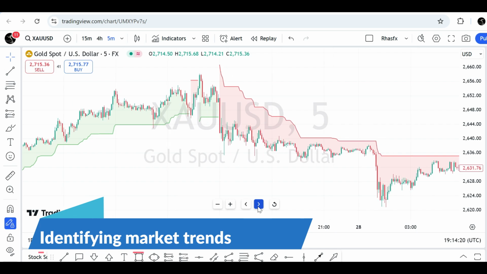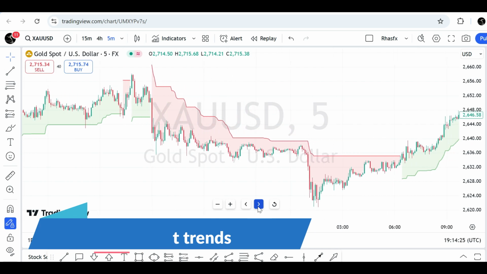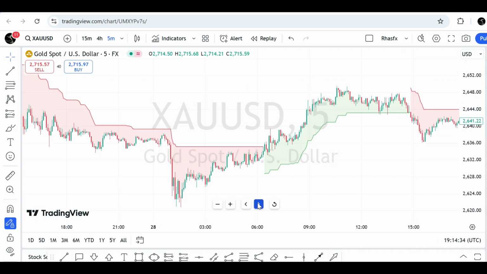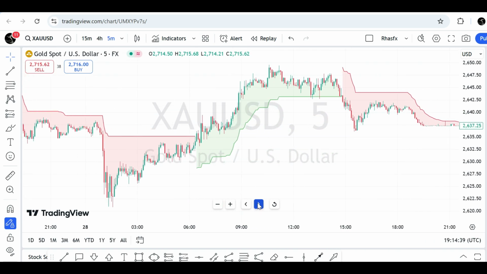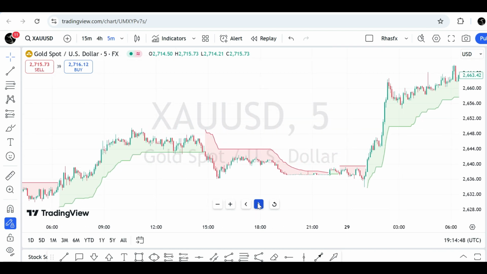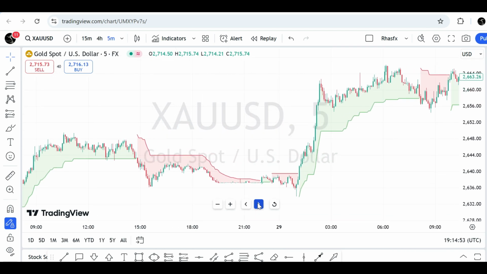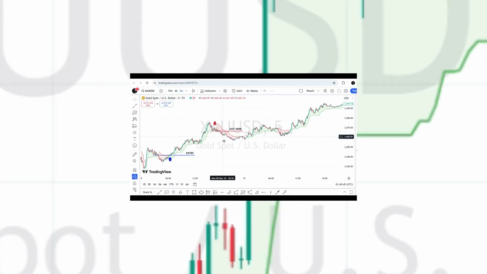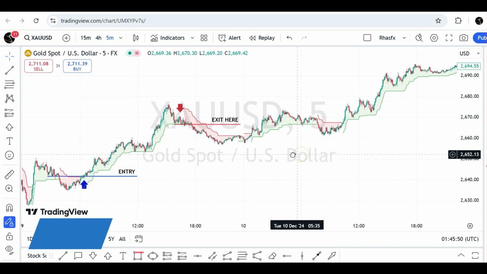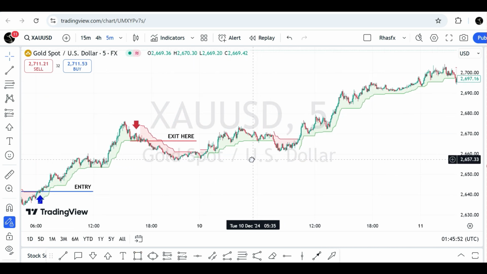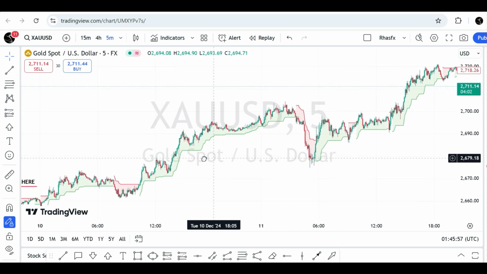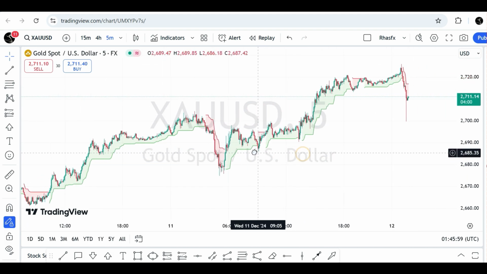Identifying market trends. This makes it an excellent tool for understanding the broader market direction. Uptrend: when the indicator line is below the price, it signals an uptrend, suggesting bullish momentum. Downtrend: when the line is above the price, it indicates a downtrend, highlighting bearish momentum. Buy signal: triggered when the price moves above the Supertrend line, indicating a potential entry point for long positions. Sell signal: triggered when the price falls below the Supertrend line, suggesting an opportunity to exit long positions or enter